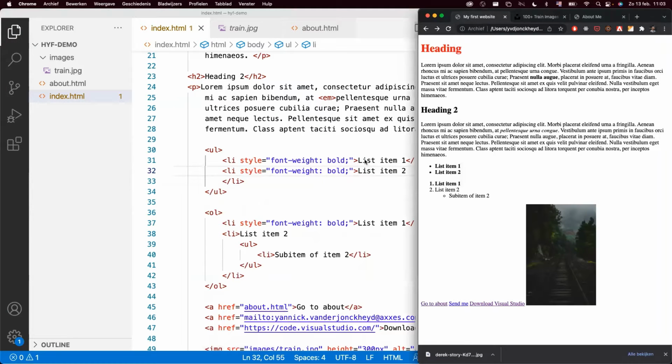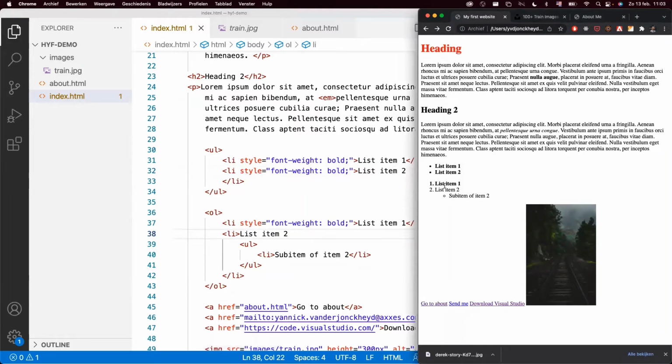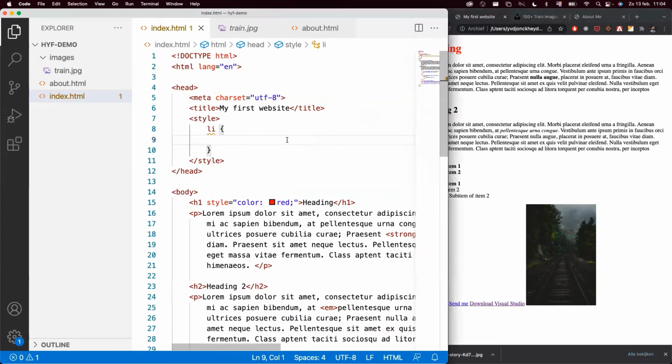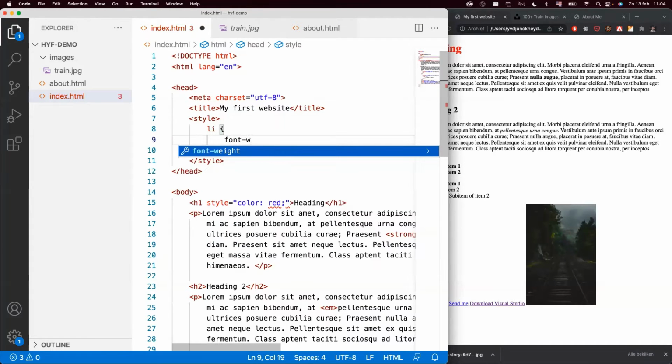I've set the font weight on every LI item. I forgot one on purpose. So you can see I create inconsistencies. And if I want them to be less bold, then therefore we have the LI. This will select all the list items on the page. And if I set here font weight to bold,